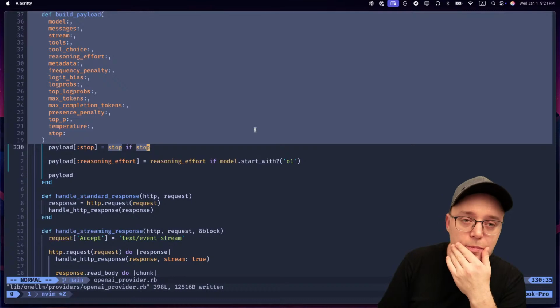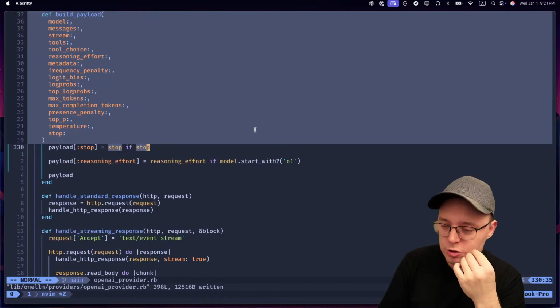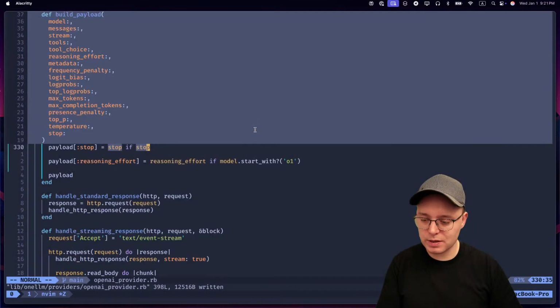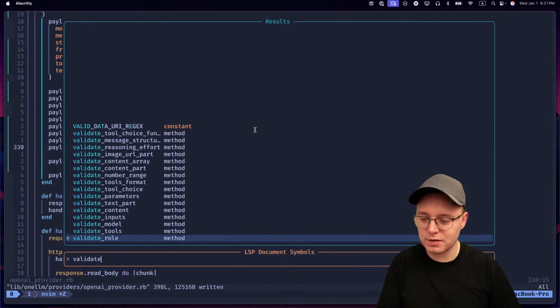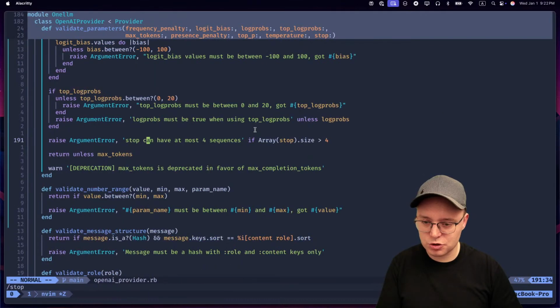Right. One thing that I'm not sure about is, should we enforce the type of the stop? We're not doing it now, so I think I should just do that. So we have validate. Actually, I think I have this here, right? Validate params. And we have this stop if array stop size. But before we do that, we should check that